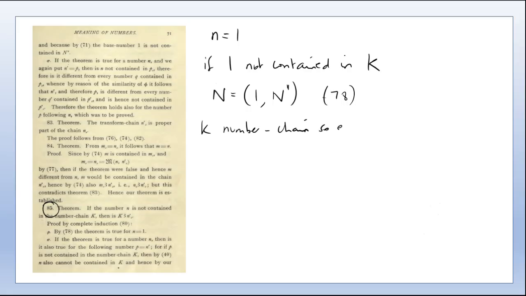So every element of k is an element of n. So if m is an element of k, then either m equals 1. Right, okay. Of course, yeah. Okay, so either m equals 1